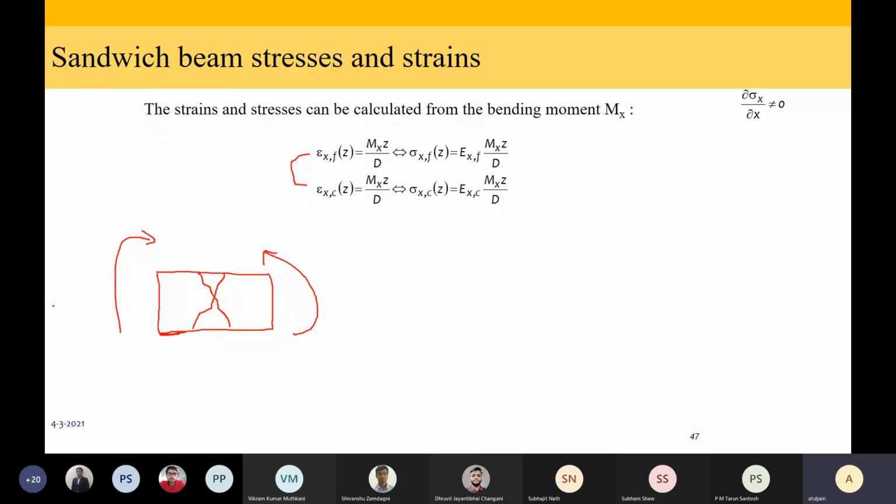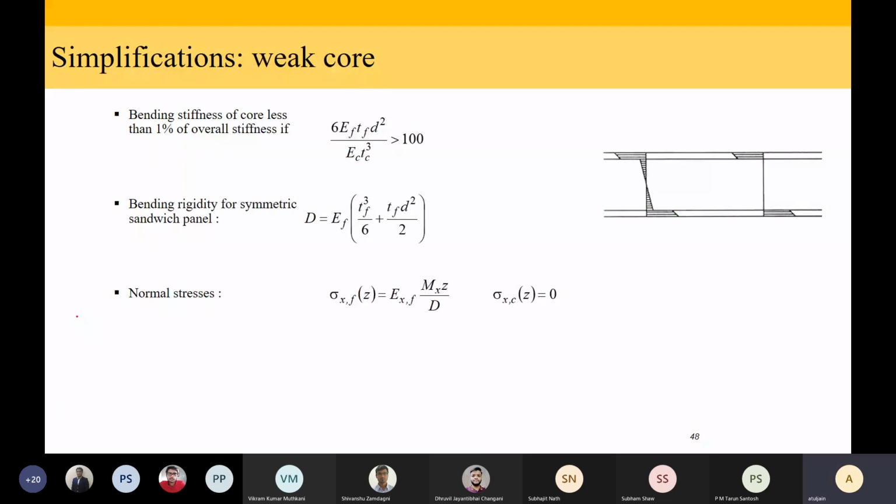If you remember, we have modeled our lamina like this. We have said that this is z, this is x, and perpendicular to my monitor is y. This was the coordinate axis system that we have chosen for classical lamination theory. Now I'm saying that tau zx need not be zero for foams. Tau zx will cause damage like I have shown with the cracks. That we will not be able to model. But let us look at some simple cases because it is still instructive to understand.